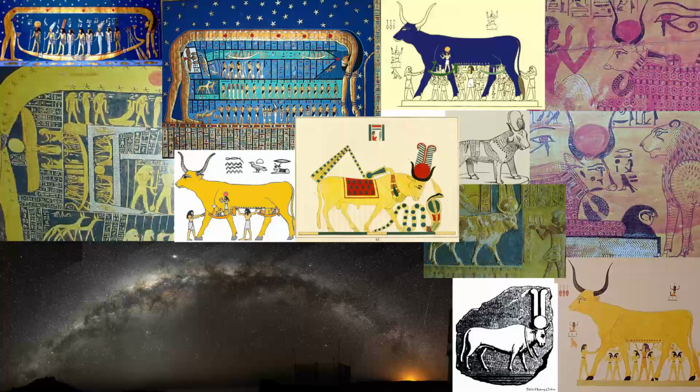Infographic number 8. I've shown this one as well. I've added a few more. This is just to show the connection between the night sky, which is represented through Nut in the Milky Way, and the traversal of the sun to be rebirthed again in the morning after traveling through Nut through the solar bark, or instead of traveling through Nut in the Milky Way, it's Hathor as the cow, which is still the Milky Way and the mother goddess, and the Nile as a reflection of the Milky Way and the great womb of the cosmos, and the sun being rebirthed through the Nile from the west to the east in the morning,